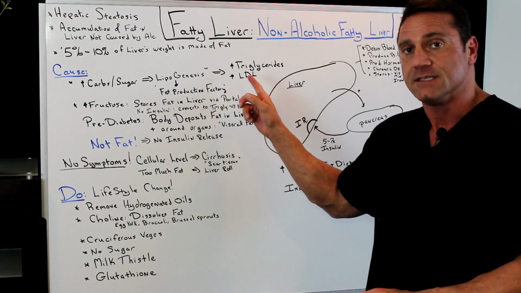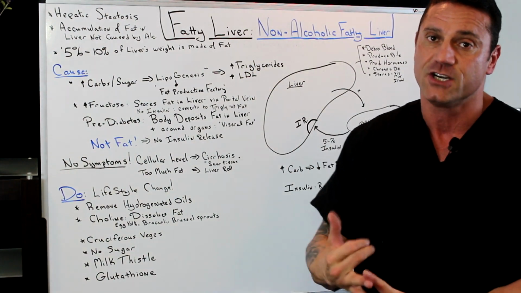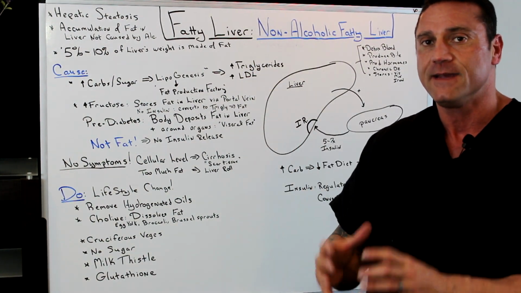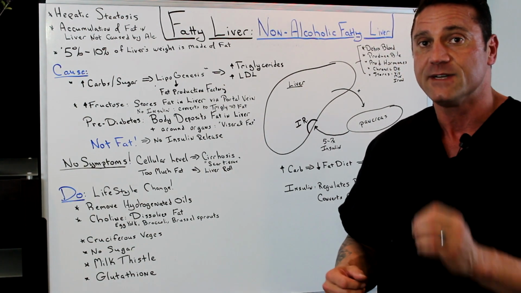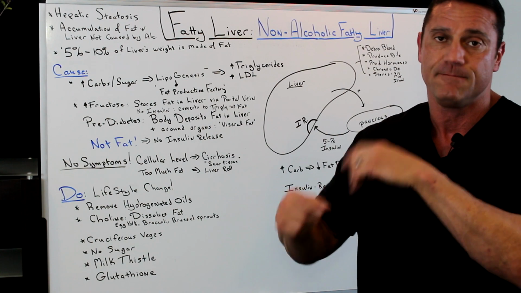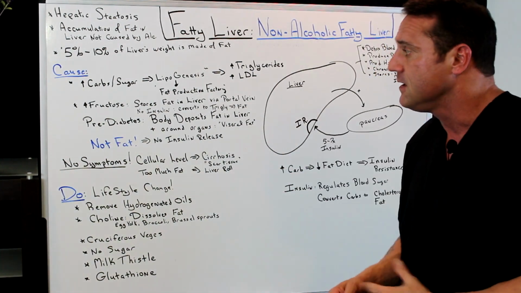increased low density lipoproteins. Because usually when you have increased carbohydrates and sugars, you're causing systemic inflammation in the arteries. Cholesterol, which is the arterial band-aid, the low density lipoproteins have to go there and patch up the hole. So this is where you get the increase in low density lipoproteins.